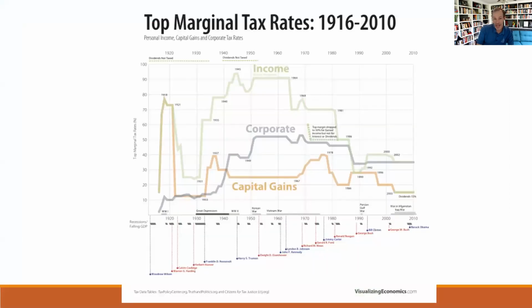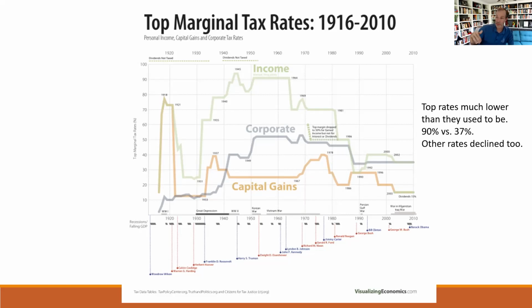This is another way to look at the top marginal rate. Top marginal rate used to be 90%, right? So think about your tax brackets we talked about before, and the top marginal rate is like 37% here. It used to be 90%, right? So that's really declined. So again, the wealthy are paying way less in taxes than they used to. And then some of these other rates, like capital gains, how much money do you make off of investments, that rate's declined, and the corporate income tax has declined too. So people are being taxed less.